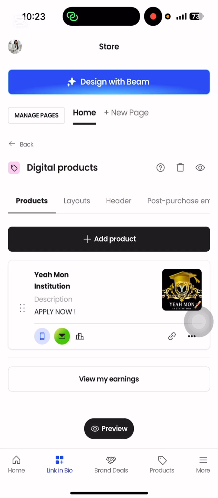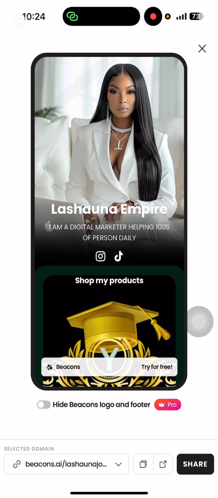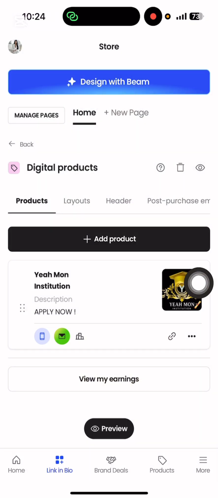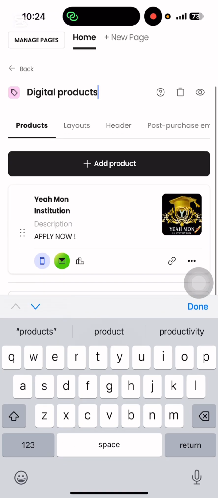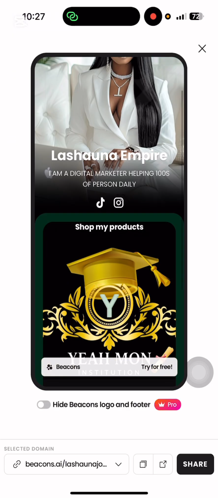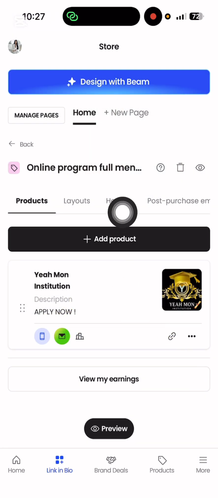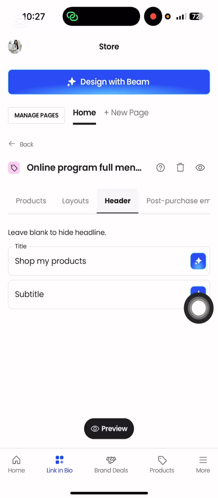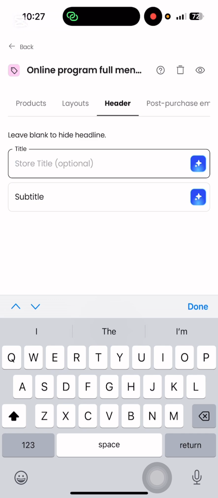Yeah. So let's preview. Alright, so because you see it said shop my store, you can change that name. Let's see where we go to do that again. Digital product, shop my store. So we don't want the shop my store there, so we're going to go to header right here, and then we're going to erase it. We're going to write mentorship,